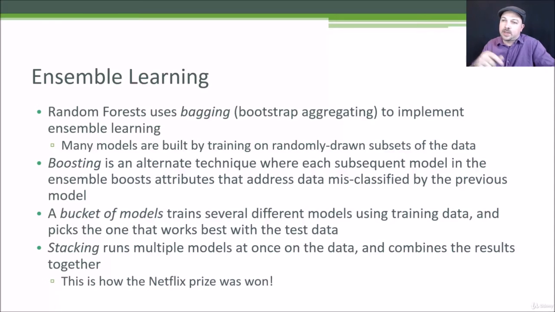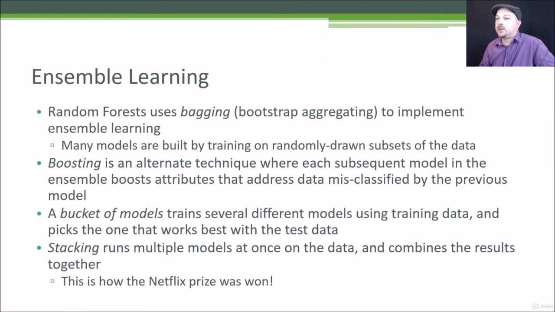Another technique, and this is kind of what the Netflix prize winner did, was called a bucket of models, where you might have entirely different models that try to predict something. Maybe I'm using k-means and a decision tree and regression. I can run all three of those models together on a set of training data and let them all vote on the final classification result when I'm trying to predict something, and maybe that would be better than using any one of those models in isolation. Okay.